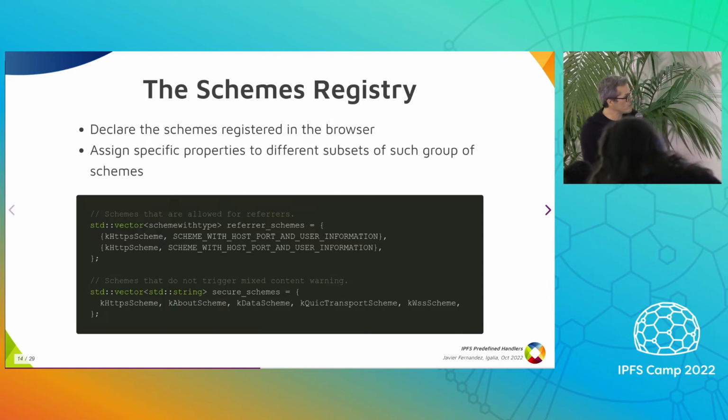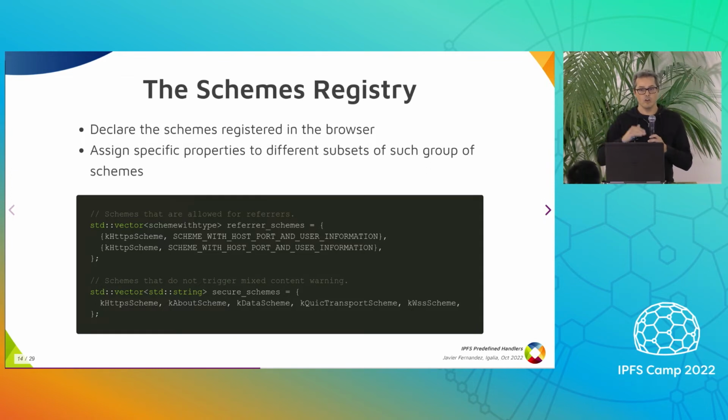First of all, a concept that is very important is the scheme registry, which is where all the schemes that the browser knows are declared. There are different lists of schemes, and the browser can implement different behaviors for each list. You can have a secure schemes list, and knowing that this is a secure scheme, you can implement different behavior. So the idea is to use that,